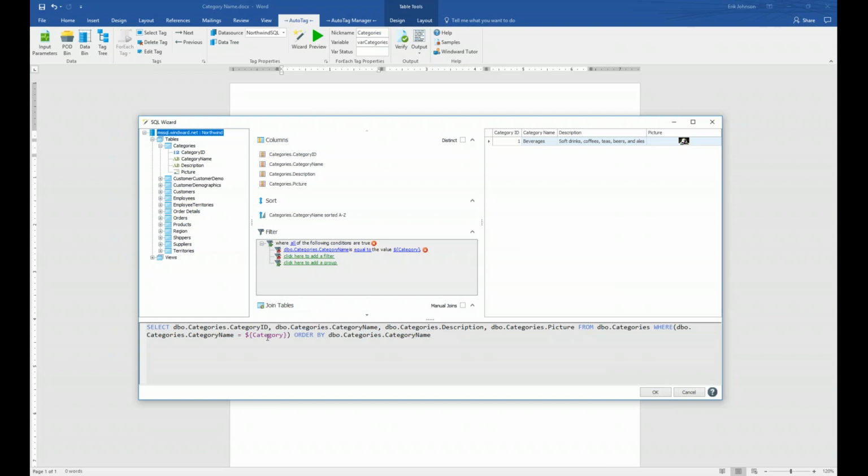But I just want to show you that we are now dynamically adding this where clause for the categories input parameter. And you'll notice the $ squiggly bracket. This is how we define variables that you want to reference within Report Designer. And over here, we also have our order by, which we set up in the sort section. Kind of cool, because it helps you learn SQL statement syntax by just dragging and dropping certain fields. Now that we set up our input parameter to equal the category name within the category, let's go ahead and